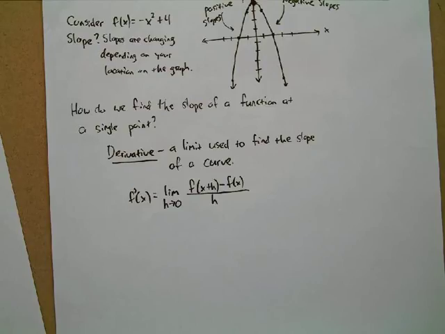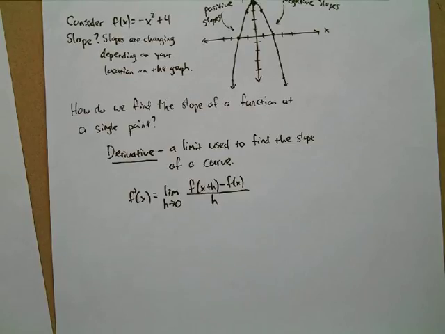But wait a minute, Mr. Meyer, how are we using the slope formula that requires 2 points to find the slope of something at only 1 point? Well, that's a question that I'll answer if you want to come in for set, or you'll definitely see it next year if you take calculus. But I don't want to spend more time on that, so let's do it. Let's find the derivative